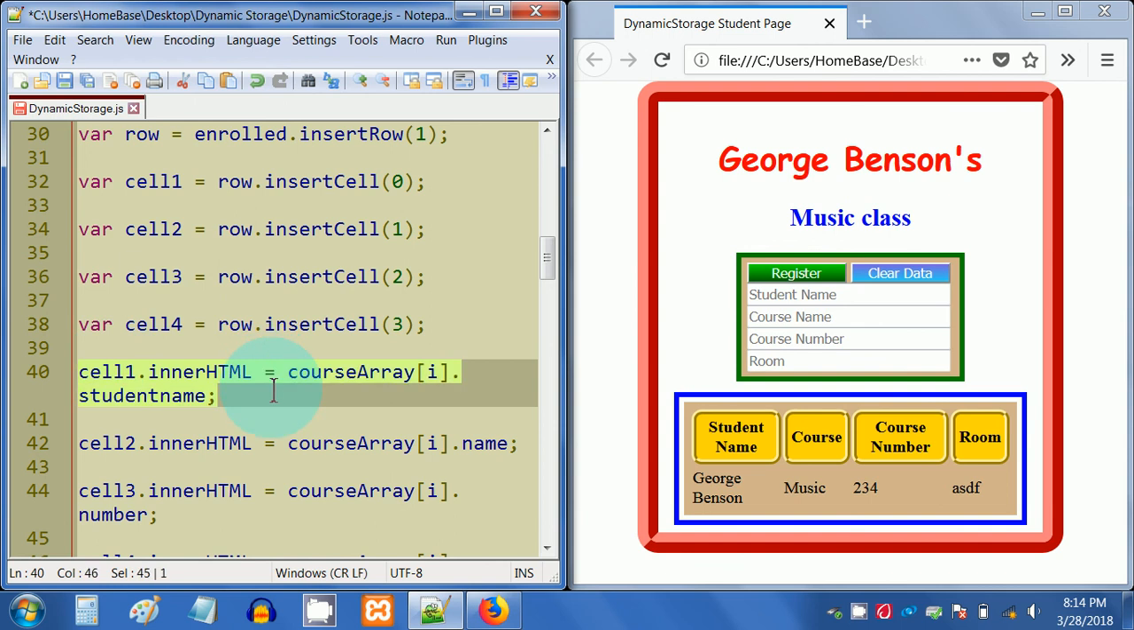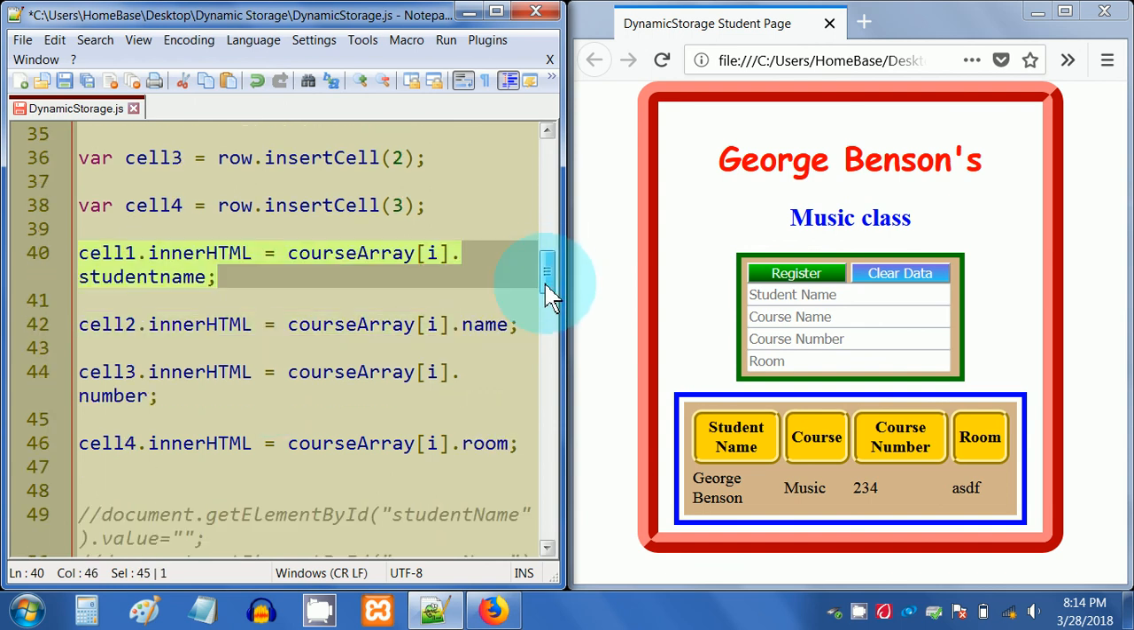Then we're going to do this. cell1.innerHTML equals courseArray, I'm going to say index i because in the straight brackets here with the i, that's basically our index. Our index starts at 0, and each iteration of the loop, i will change its value. The first iteration of the loop, it's going to be 0. The second iteration of the loop is going to be 1, and so on and so forth until we loop through everything in the array that we're creating. So courseArray[i].studentName;